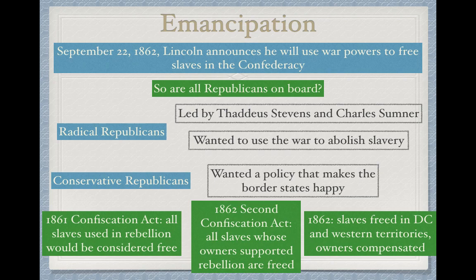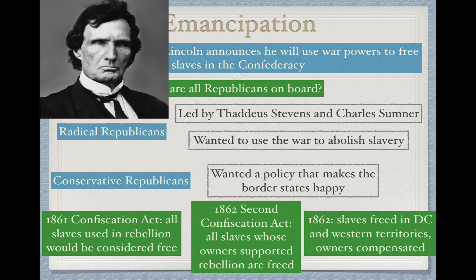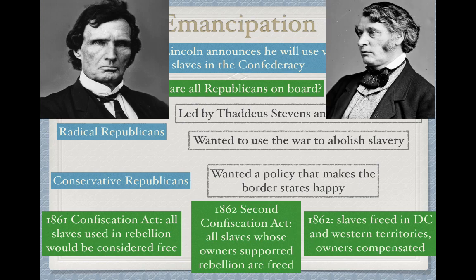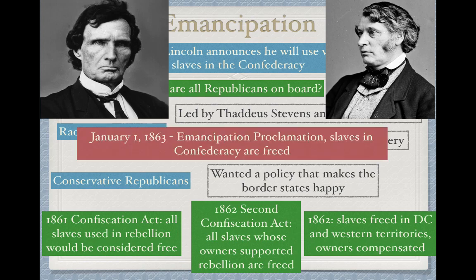Let's talk about the Emancipation Proclamation. In September of 1862, Lincoln announces he will use his war powers to free slaves in the Confederacy. Are all Republicans on board? Well, you have radical Republicans. They're led by people like Thaddeus Stevens, and also Charles Sumner of the caning of Charles Sumner fame. And radical Republicans want to use the war to abolish slavery. But there are also conservative Republicans